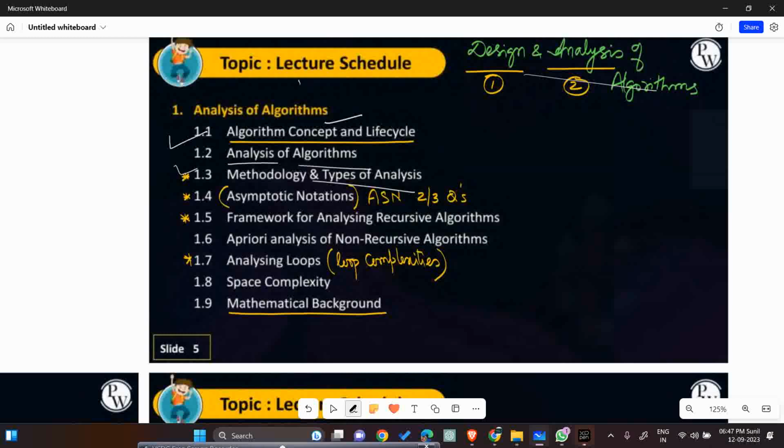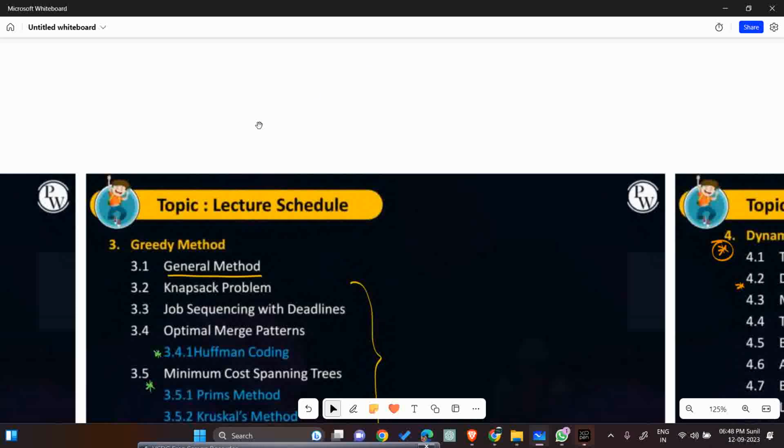This is important. Asymptotic notations, ASN. Two or three questions would be put from this, right? Framework for analysis, recursive algorithm, a priori analysis of recursive algorithm, analysis of loops. This is important. Space complexity, mathematical background. Everything is important, I think, but some topics are more important. And then